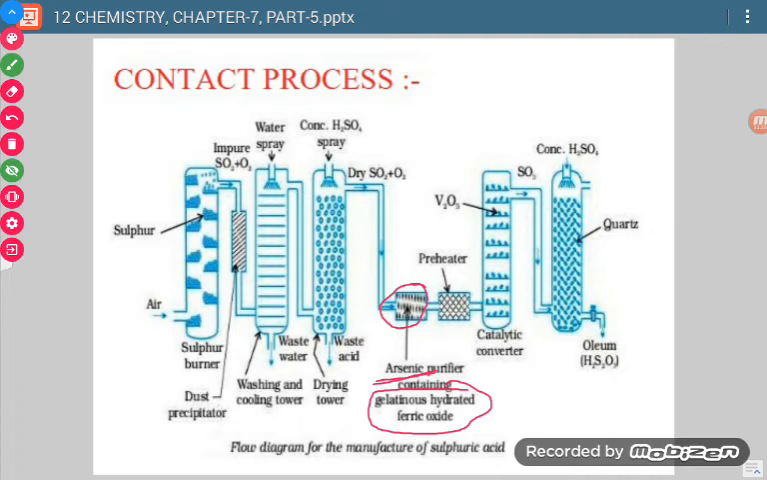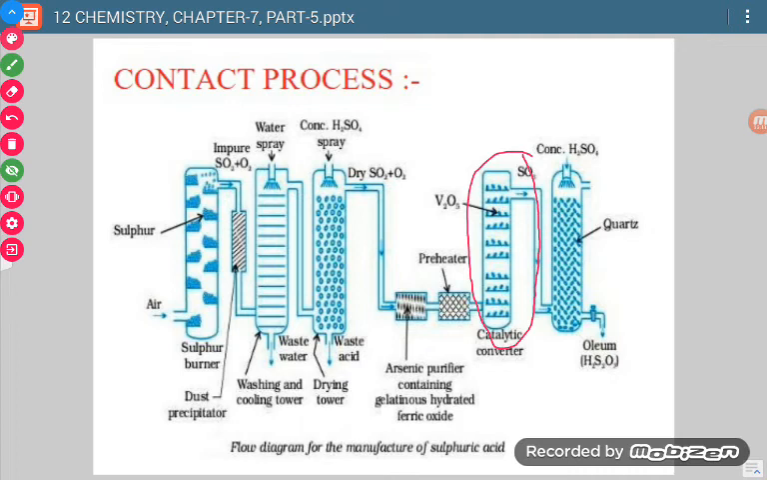Then we test the sulphur dioxide whether it is pure and dry or not. In case it is impure, then we again pass it through the purifying unit, and then again it will be tested. Once it is tested that it is dry and it is pure, then we will feed it in the oxidation chamber. Now what is going to happen? In oxidation chamber, in the presence of catalyst like vanadium pentoxide, sulphur dioxide will change into sulphur trioxide, and this